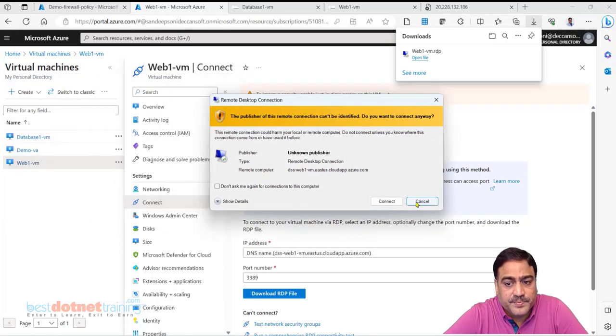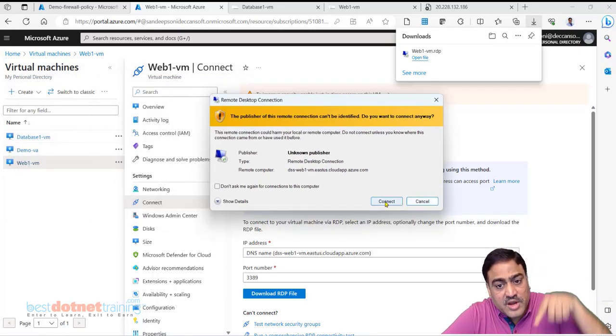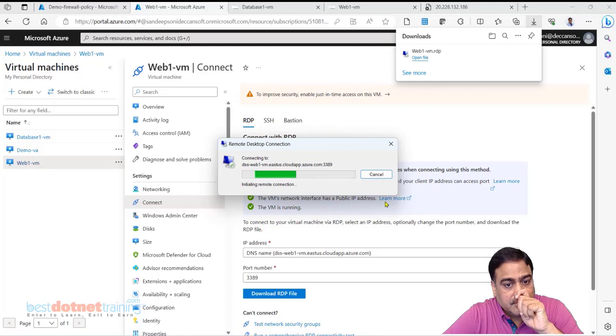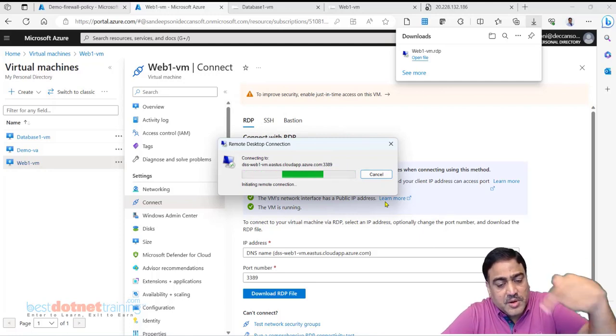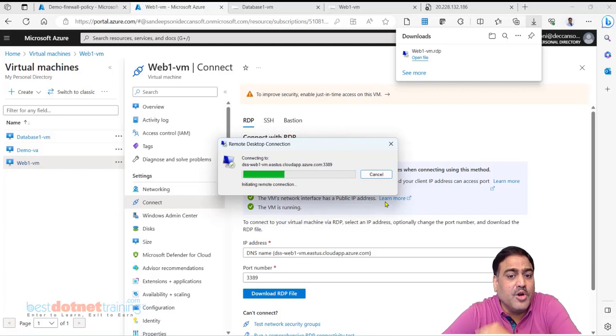But let's try. It's an inbound request. My request will go to web1 VM, but my machine is on the internet. The response of web1 VM to the internet is via the firewall, and the firewall by default will block it. It will not allow.